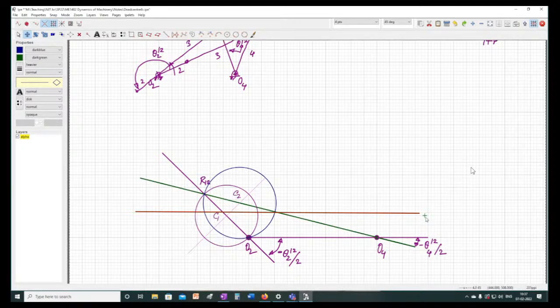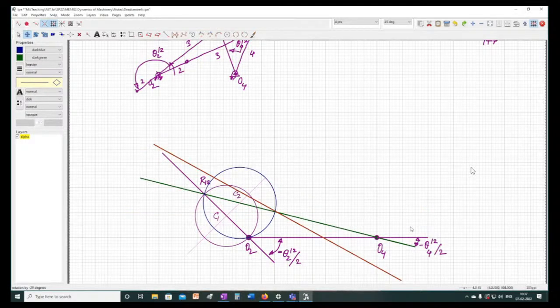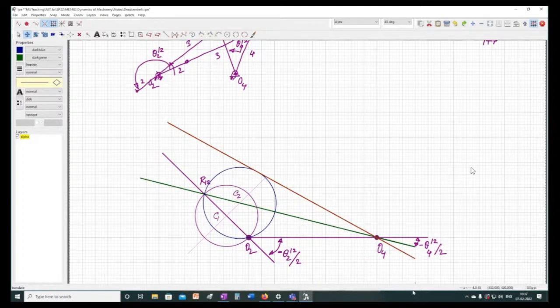Yes, sir. So what we will do now is, let us give it a rotation of minus 29 degree. Okay, and I will shift it to this point. Okay, maybe it is not correct, but